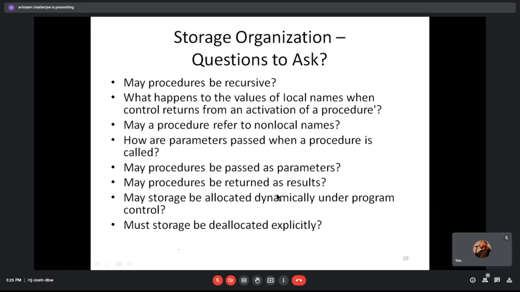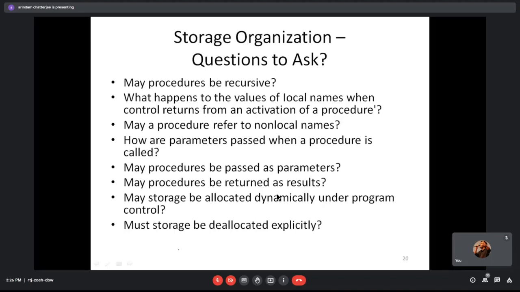But there are languages where functions can be nested within each other. It's not nested in terms of calling, it's nested in terms of declaring the function. So you cannot call B unless you call A, because B is nested in A. This kind of thing can happen in a programming language. Pascal is a very good example of that. In C, that is not a problem.